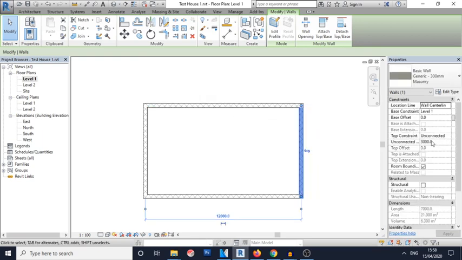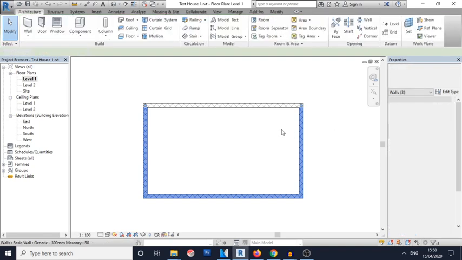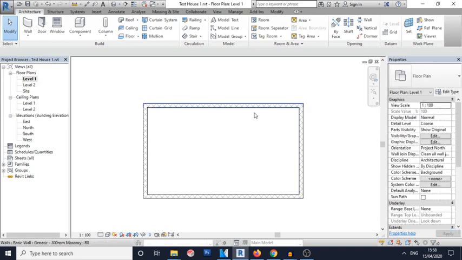This wall is unconnected, as are these 3. So this time what we're going to do is change it in plan. I've selected one by clicking on it. I'm just going to hold Control, click the other 2 walls, there and there. And then I'm going to come across to the top constraint. I'm going to select up to level 2 again. Now, all 4 walls are connected to level 2. Level 2 is set to the same height of 3 meters, and that's how I want this to be set up. So those are 2 different ways of changing the